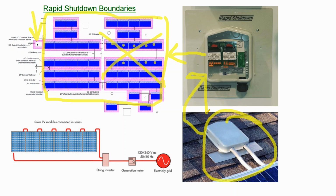So you run a neutral wire, even though it's a DC system up on the rooftop with no neutral, you still run a neutral wire up to the rooftop. And when the power goes out, that triggers a disconnect switch to open up and de-energize the array. So when I do my arrays, I've moved back into string inverters and doing rapid shutdown